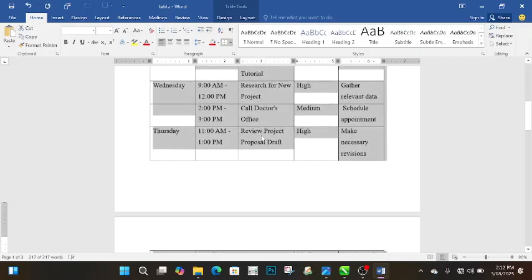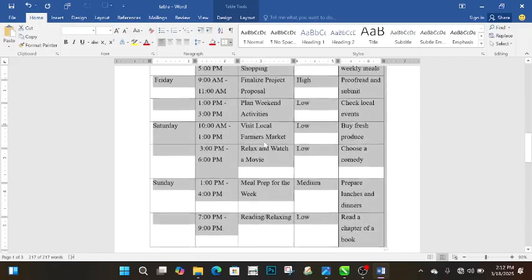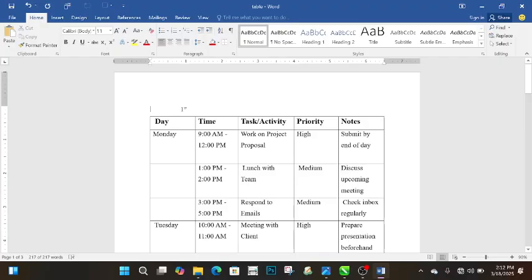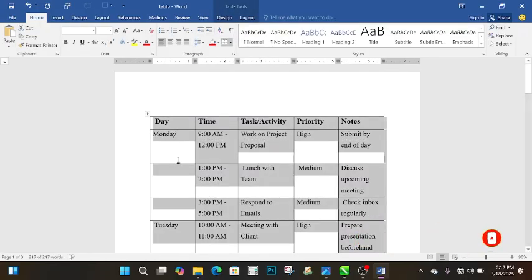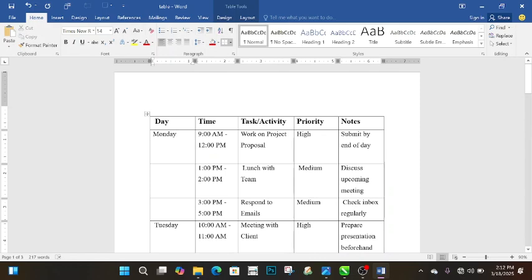So it's a bit spacious, even though it has entered the next page, but it's okay. You know, if you don't want it to enter into the next page, you can still adjust it and make it smaller or closer to each other. So the next thing we'll do now is